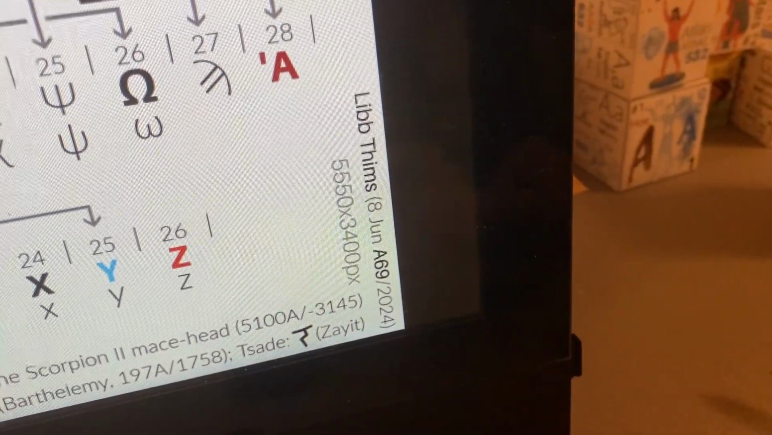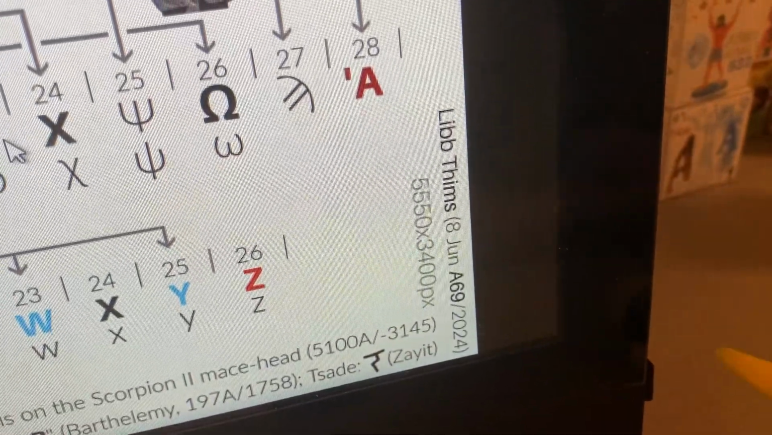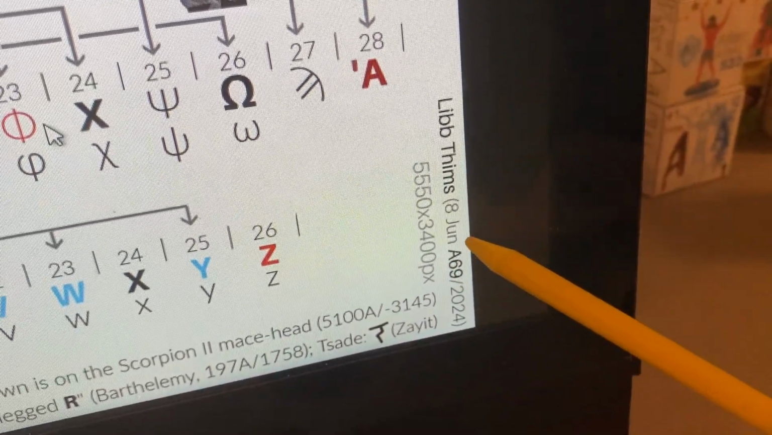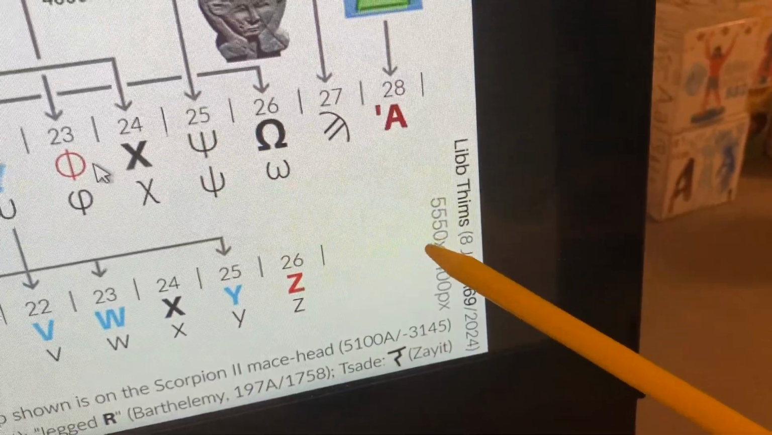So I recorded this on June 8th, A69. It's been a year and 5 months. I made this diagram,